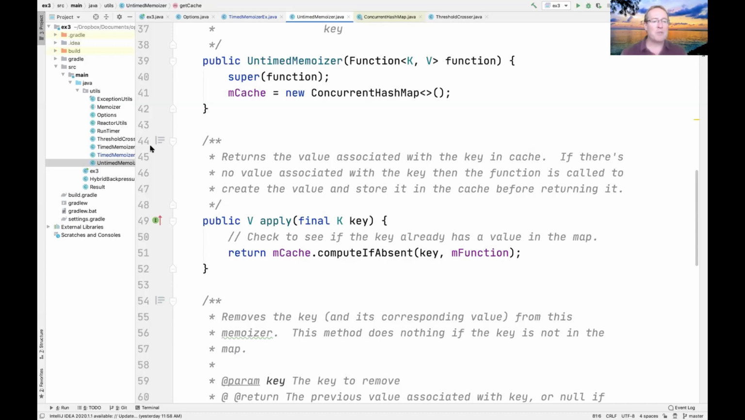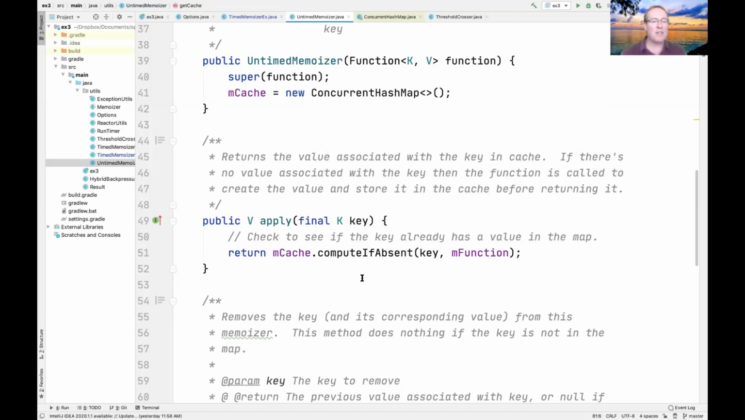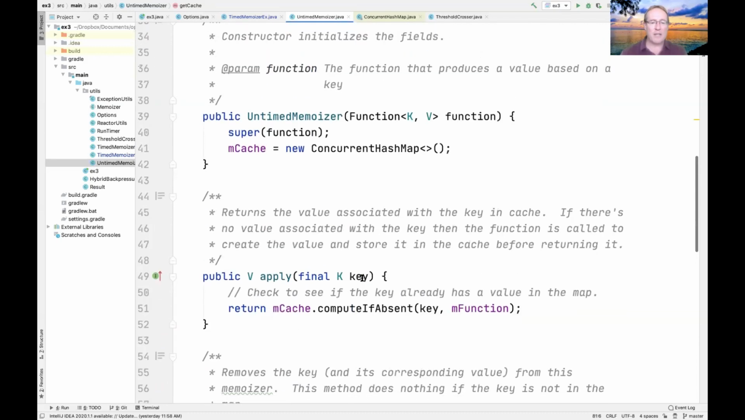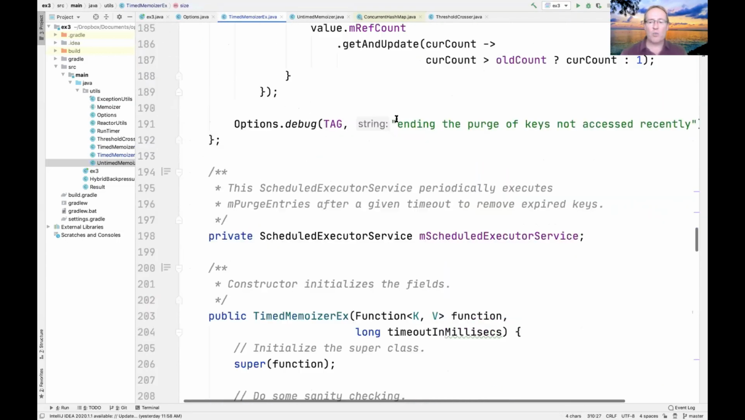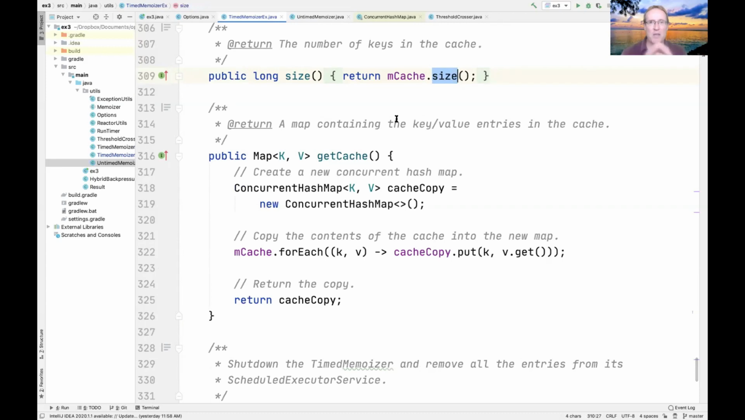Is get cache snapshot based, or is it the live view? Well, this is the magic, wonderful thing about... Let's see. Let's go back to the timed memoizer example here. This is the magic, wonderful thing about ConcurrentHashMap and its whole synchronization mechanism. Nothing is ever locked down. The map is never locked entirely. And so this is just going to be whatever the heck comes out when we go through this thing and